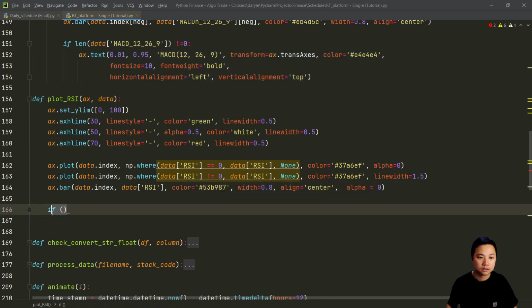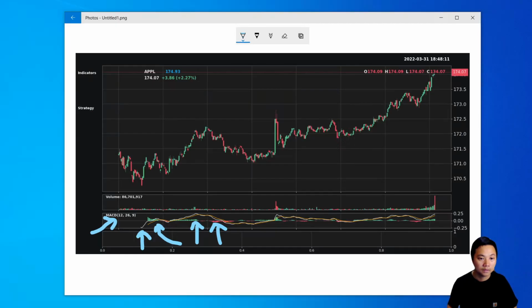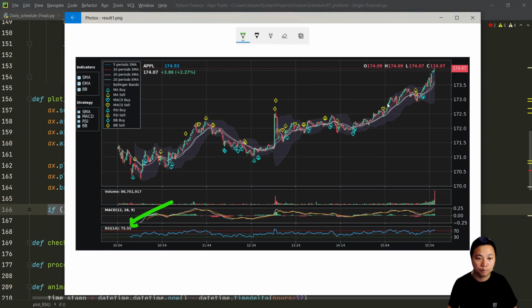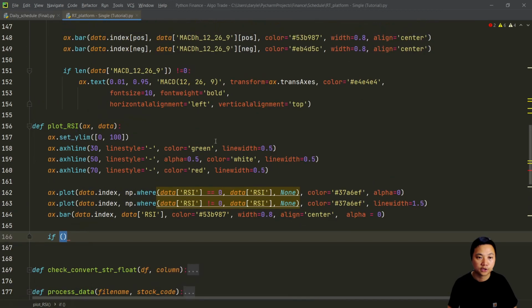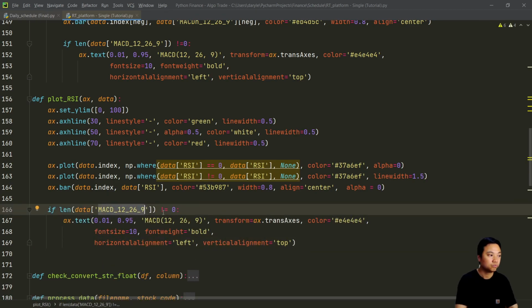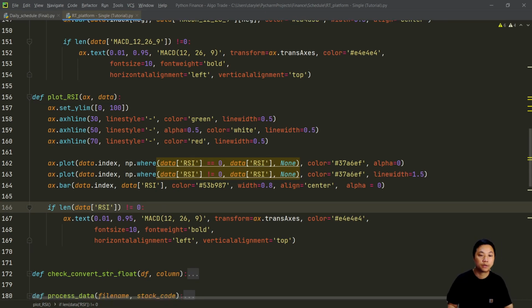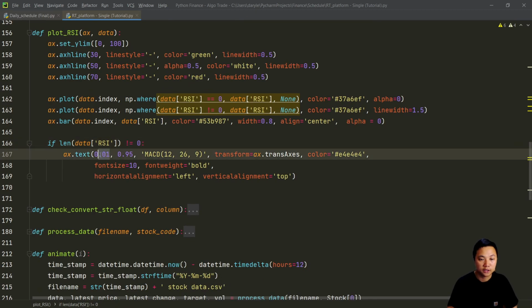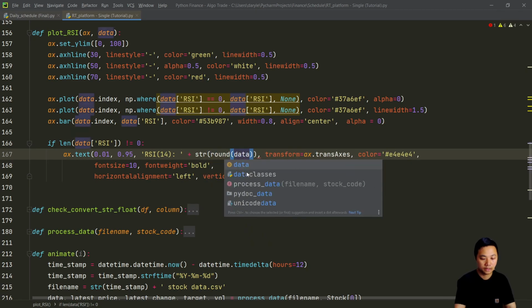So the last thing that I would like to do is to plot out the RSI value. You can see we have, let me erase that, we have the RSI value, that is the latest value. So in that case, I will just copy these functions over here and put it over here. And of course, for this one, we are checking the length to see whether there are any values for this RSI, and then again put it on the top left hand corner. And then of course what we're going to do is to provide it a value, and that is RSI 14, and then I will just provide a value for this, and we just run it